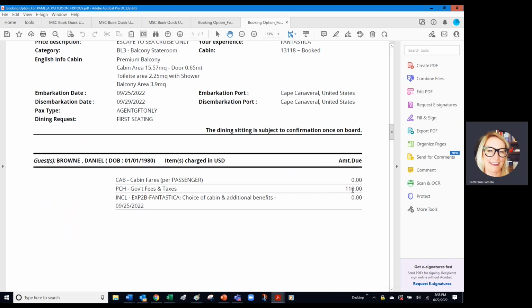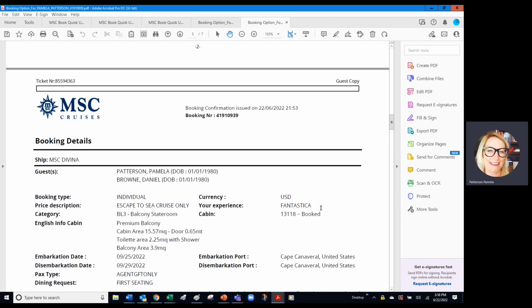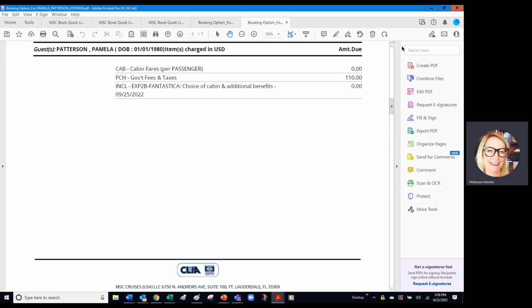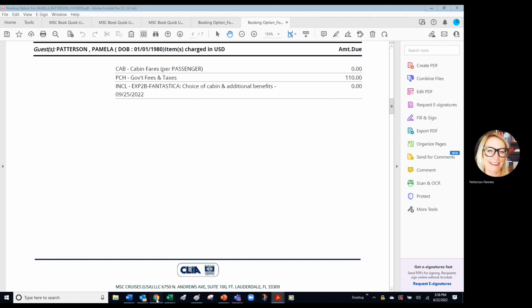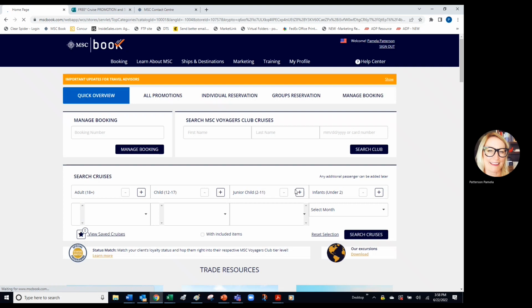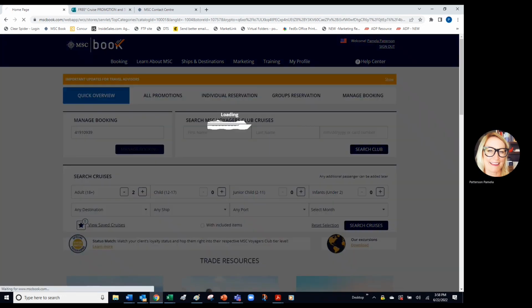Each ship sail date itinerary will be a little bit different on the amount due depending upon the length and what ports they're visiting. So we're going to go manage this and pay for the GFTs in MSC Book. We'll log back into MSC Book. We're going to manage the booking. So under Quick Overview, we'll enter the booking number, manage booking,